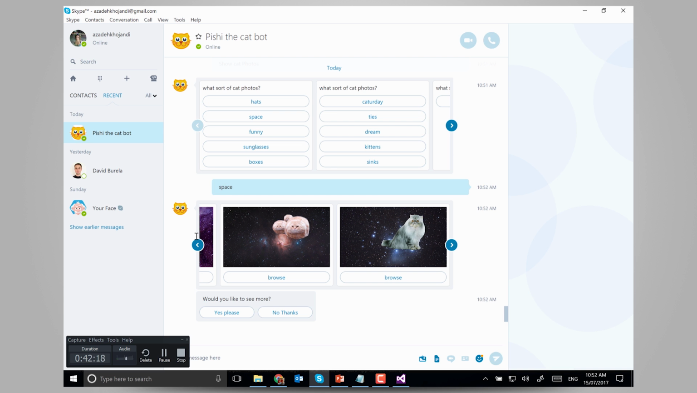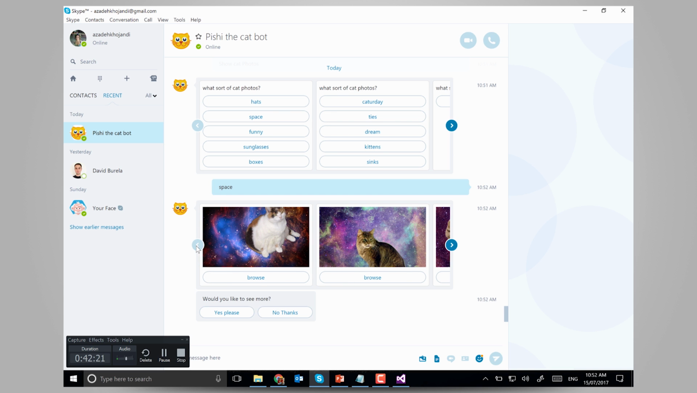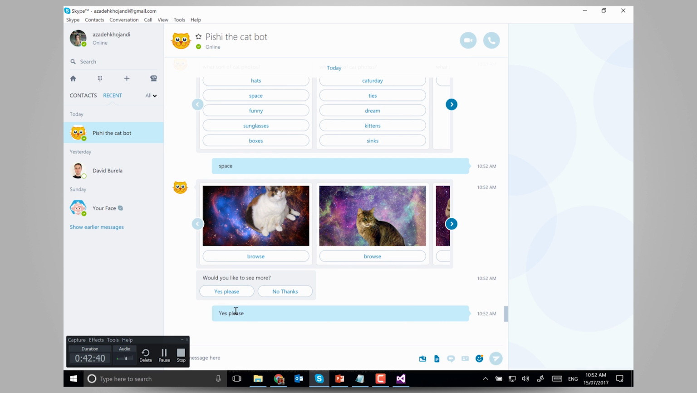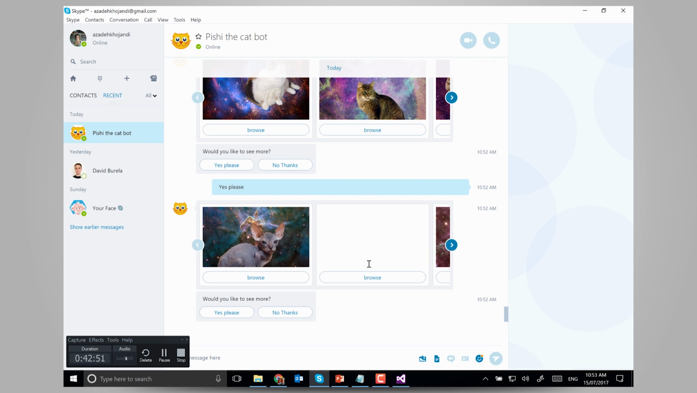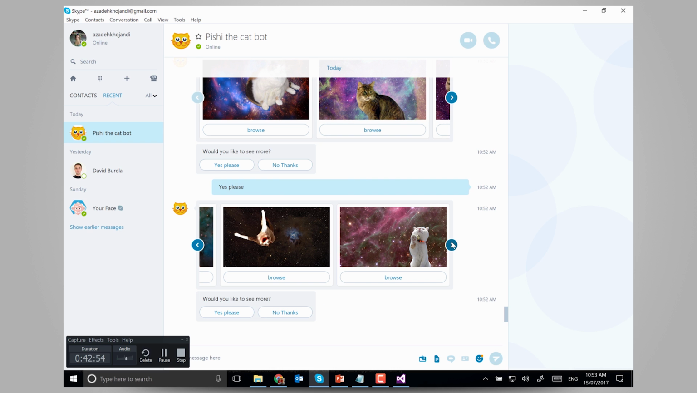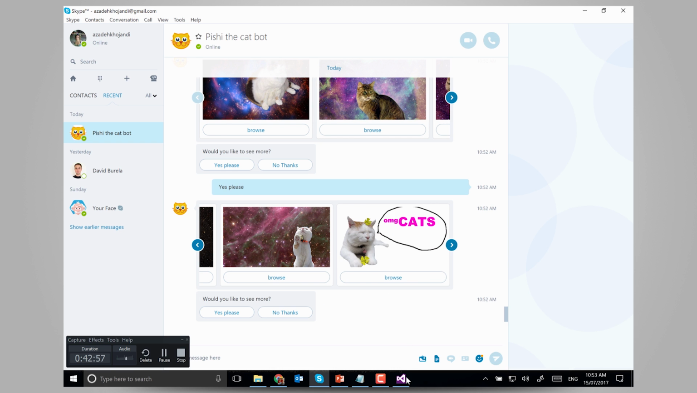And as you can see, this hero card, it's called, this rich card called carousel. In a carousel, you can have a photo and you can have a button, and it has a conversation. So do you want to see more? If I say yes, it doesn't ask again for the category because it already knows the category. And if I say yes, it will show an extra set of cats in space. Some of them are really cute, some of them not so cute, but